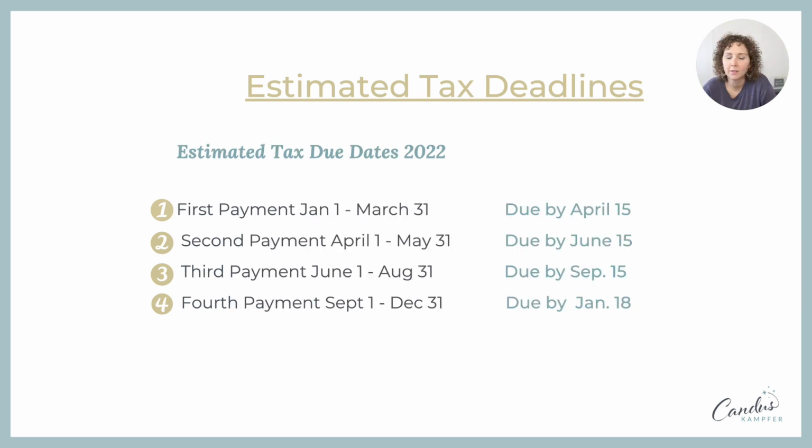Now, for those of you who do estimated taxes, the first payment is going to be due by April 15th. One of the interesting things about estimated tax payments is that they're not normal quarters. The first payment is for January to March, paid by April. The second is April to May, by June 15th. Then June to August, by September 15th, and September to December, by the 18th of the next